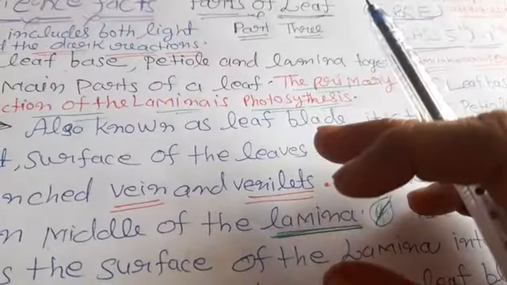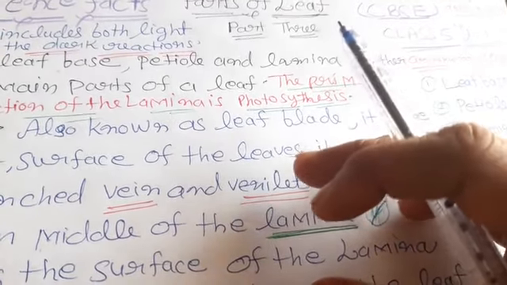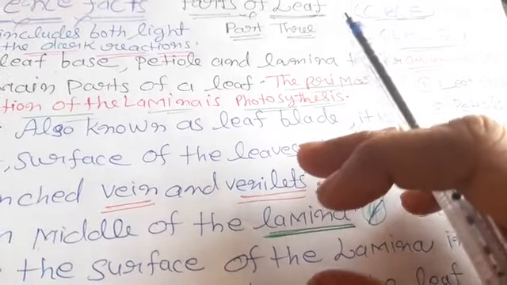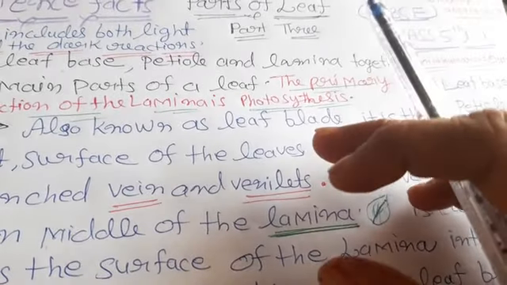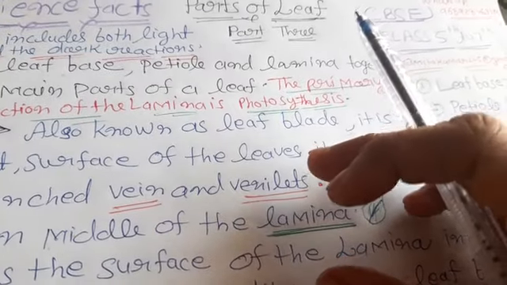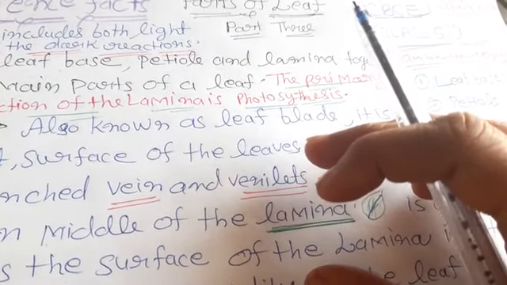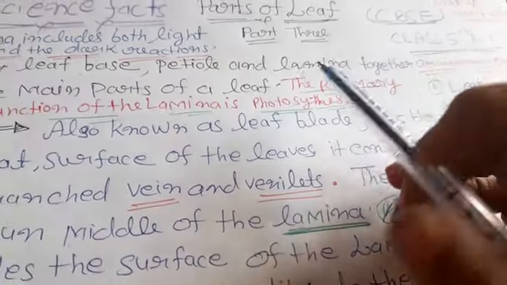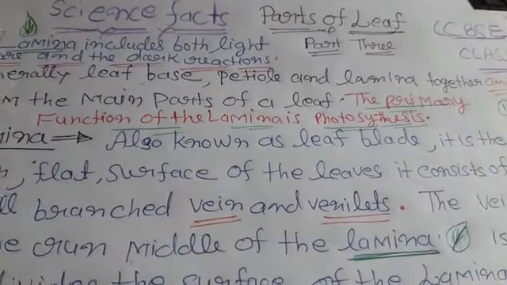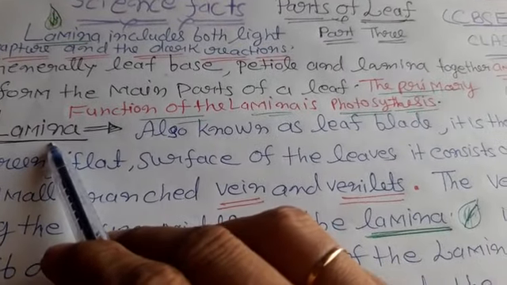These topics are for classes 5th up to 7th. This topic is taken from class 7 and is a very knowledgeable topic, taken from the CBSE pattern. Here we will discuss parts of a leaf, taking the third part, lamina.